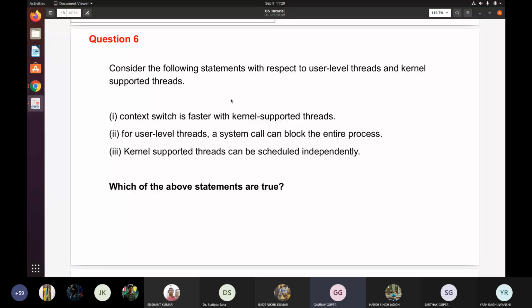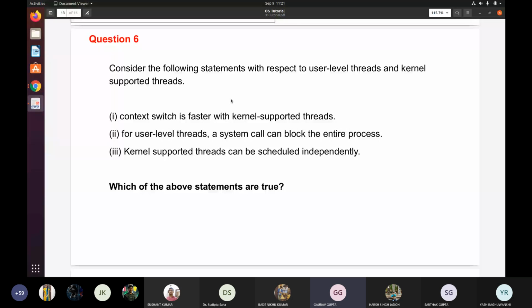Basically, whenever we are creating a thread, there can be two types of thread: user level threads and kernel level threads. These kernel level threads are actually known as lightweight processes, and they are managed by the CPU. And the user level threads are not seen by the CPU, so the CPU will not decide how many threads are there, or it doesn't even know how many threads are running inside that process.